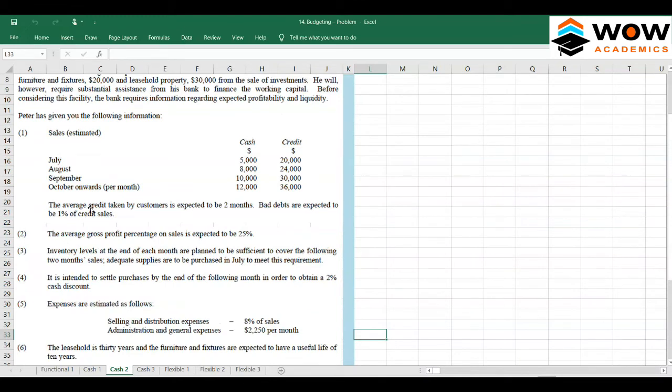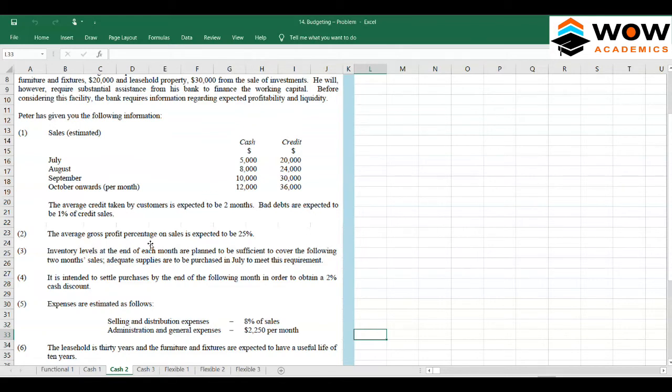The average credit taken by customers is expected to be 2 months. So for credit sales, the cash will be realized only in 2 months time. Bad debts are expected to be 1% of sales, so 1% of this amount would be bad debts. And the average gross profit percentage on sales is expected to be 25%. So out of the total sales, 25% is